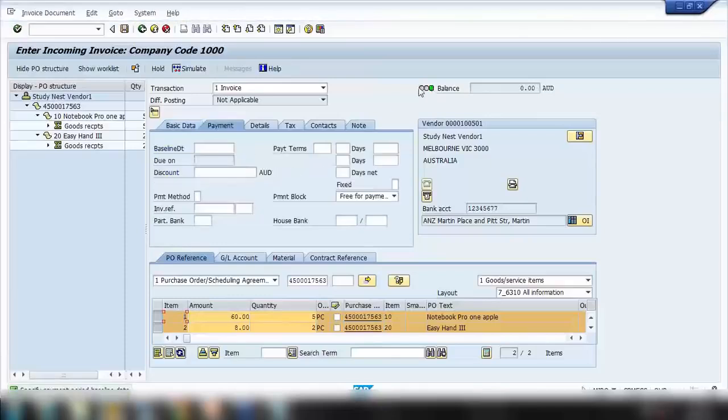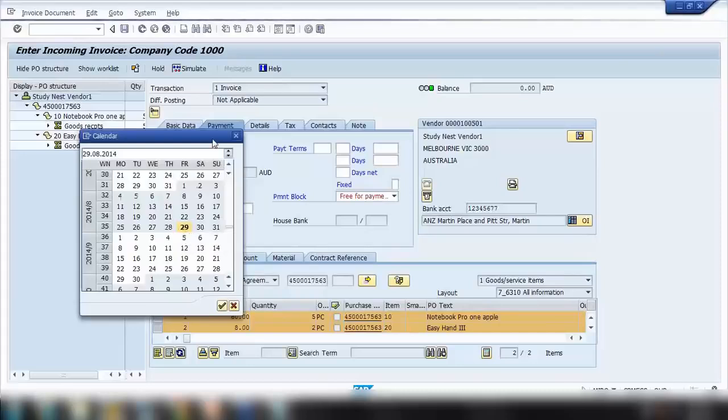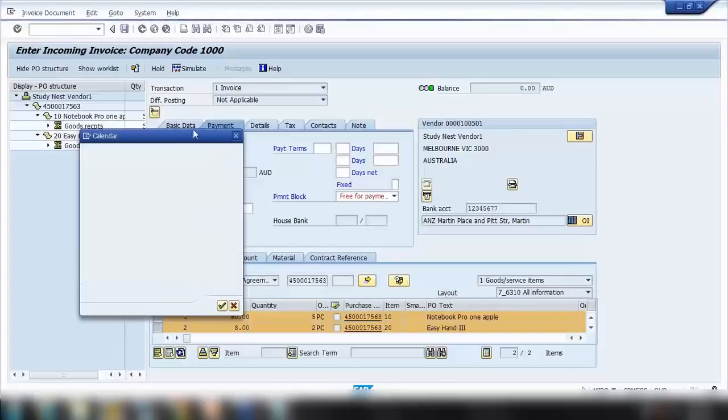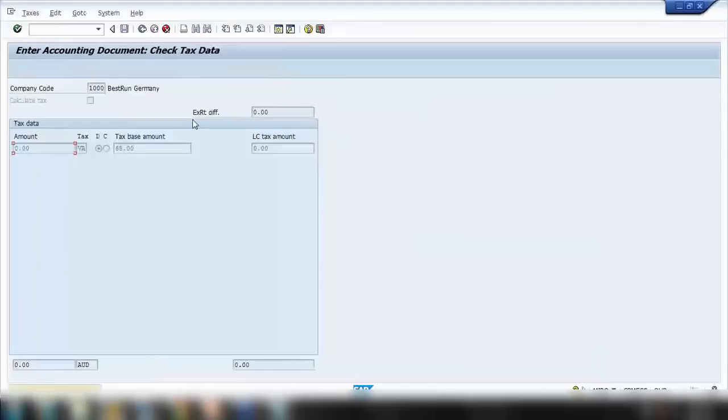Okay, if you see the green light here, that means everything is good. And what we need to do is save it. Okay, it's asking for the baseline date, and select a date for this one, and now press enter, and this is showing another screen. Press enter again,